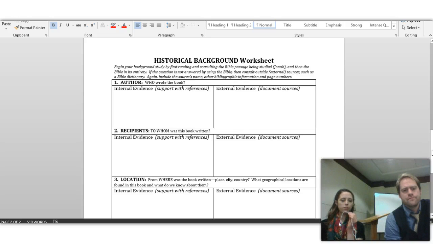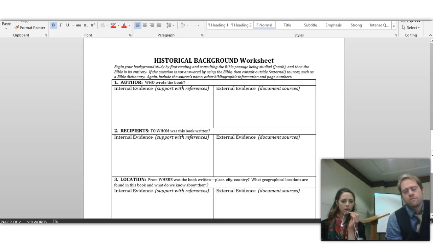The thing that there was some confusion on is there was a lot of discrepancy between where we can actually find the information, whether it's in the text or not in the text. So we just kind of wanted to clarify a little bit of what we really were hoping for you to get out of this assignment. So for instance, the author who wrote the book does not explicitly show up in scripture. So you're going to have to go to external sources. And it would be ideal if you looked at a couple of external sources